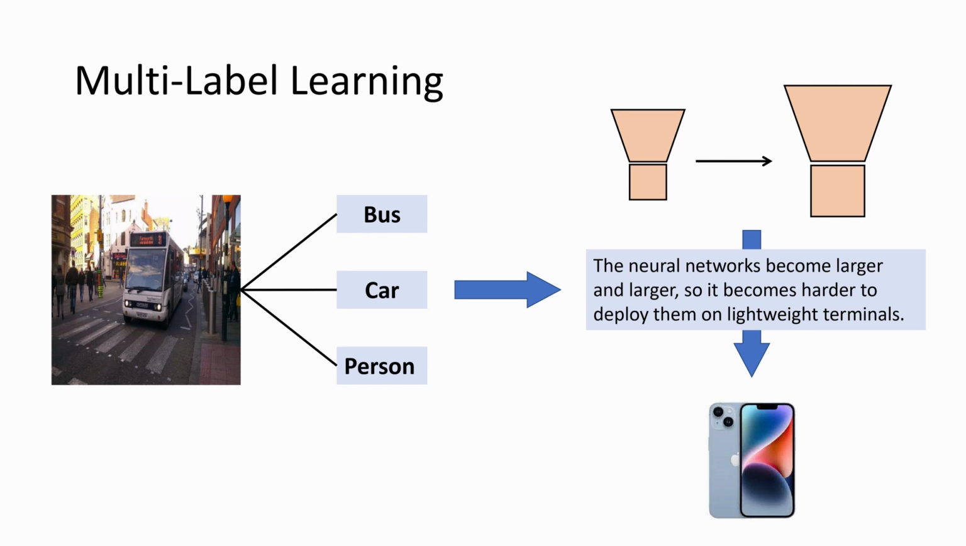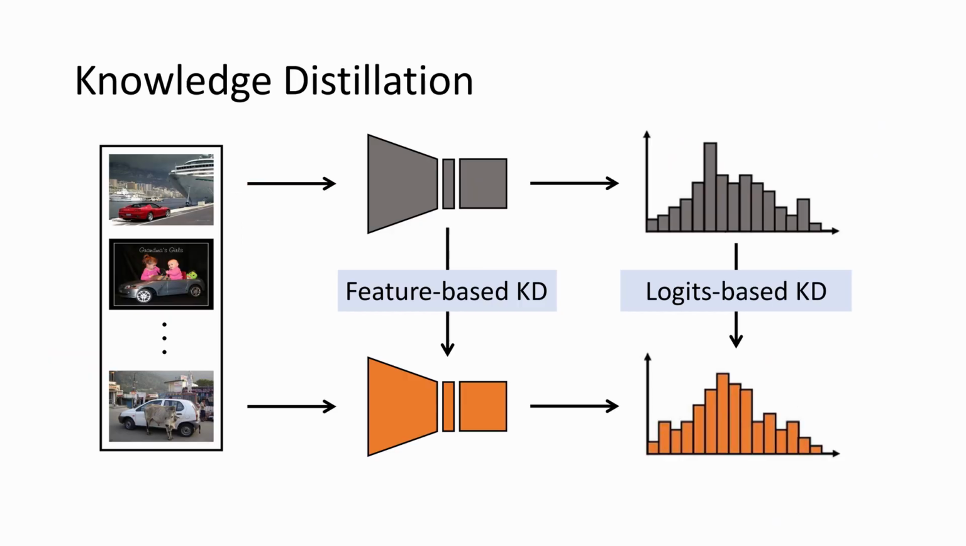performance in MLL. While remarkable successes have been made in MLL through the training of deep neural networks, it is hard to deploy these large models on lightweight terminals such as mobile phones, under the constraint of computational resources or the requirement of short inference time. To mitigate this issue, knowledge distillation is needed, which aims to improve the performance of a small network, also known as the student, by requiring the knowledge from a large network, also known as the teacher, to guide the training